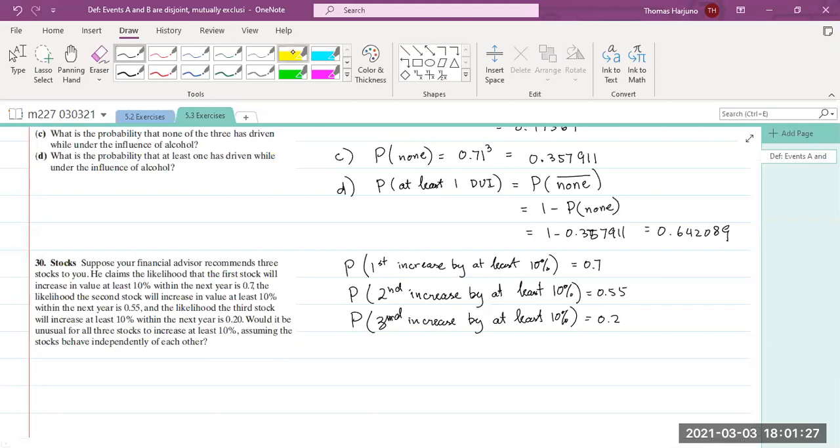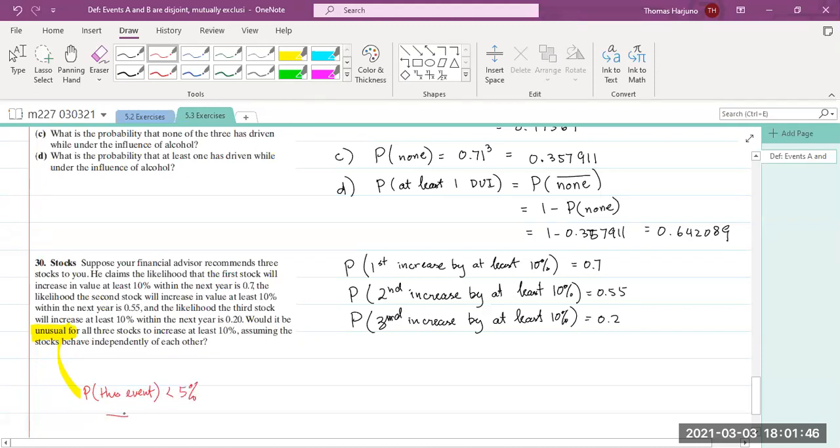Now, to know if it is usual or unusual, we look for the probability, and the probability should be less than 5%. Then if the probability is less than 5%, this event is unusual. Okay, now let's compute the probability that all 3 increase